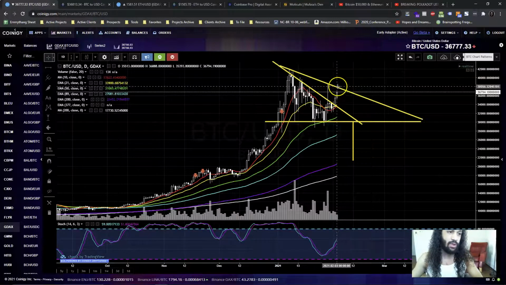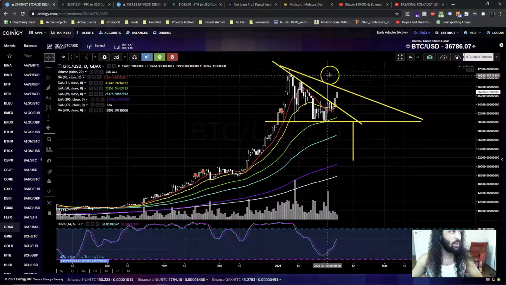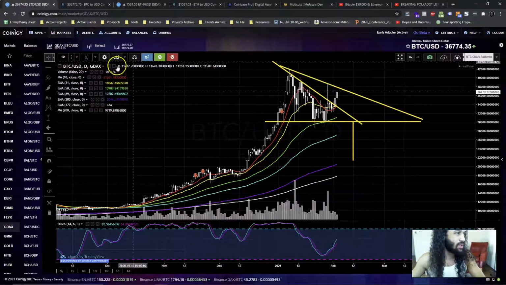And if it completely disrespects it and Ethereum breaks up, then Bitcoin will at least come up to 42 before it pulls back, and Ethereum's going to go to 18 or 20 or something like that, or 2000 or something like that, and that will be interesting. Just the last one that I wanted to draw in here,